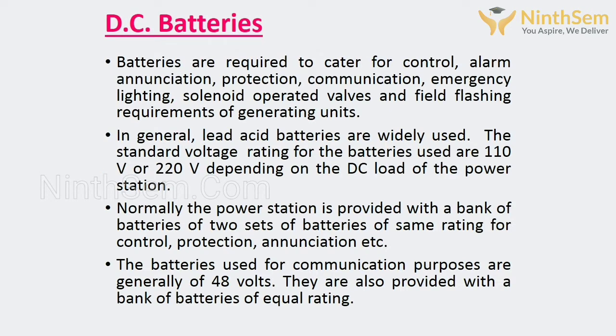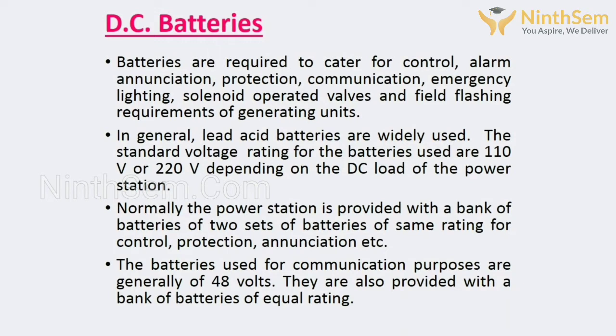DC batteries. Batteries are required to cater for control, alarm, annunciation, protection, communication, emergency lighting, solenoid operating valves and field flashing requirements of the generating unit. In general, lead acid batteries are widely used. The standard voltage rating for the batteries used is 110 or 220 volts, depending on the DC load of the